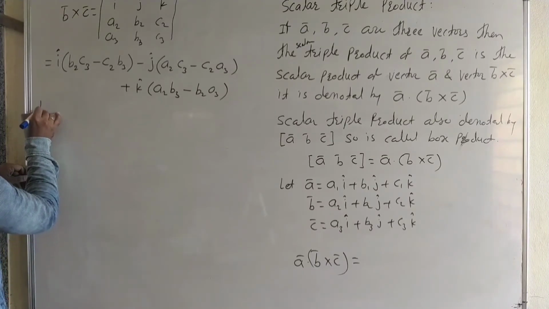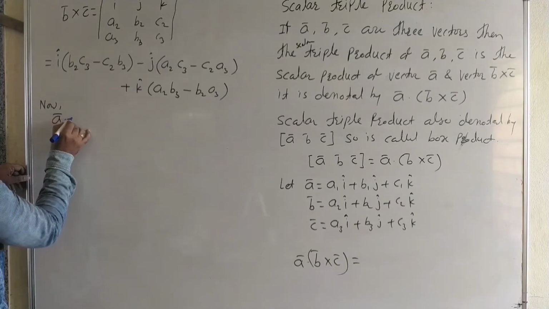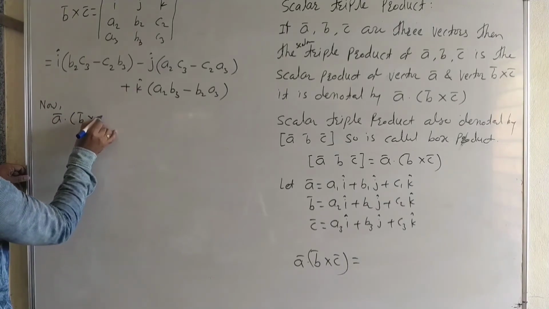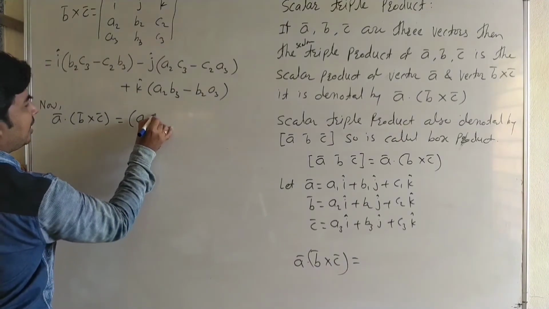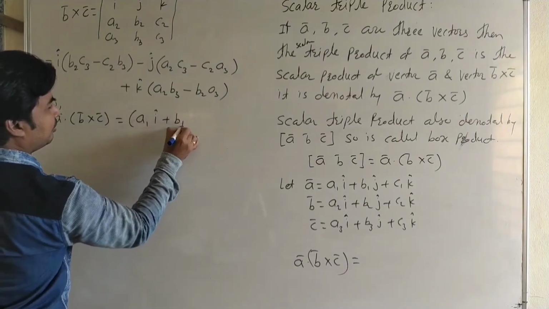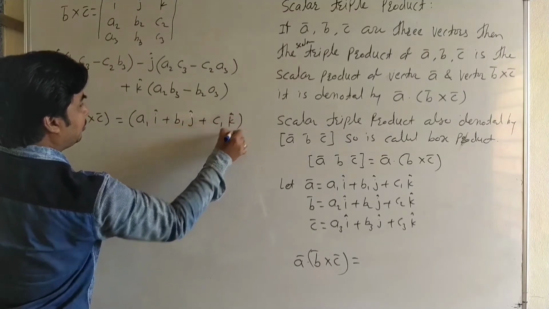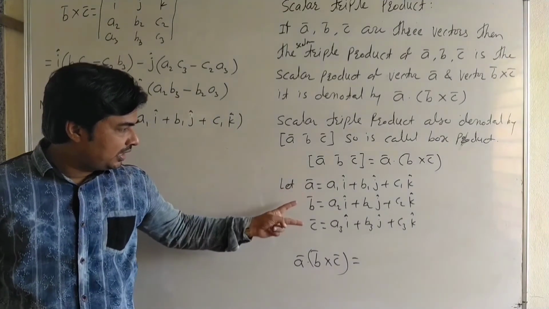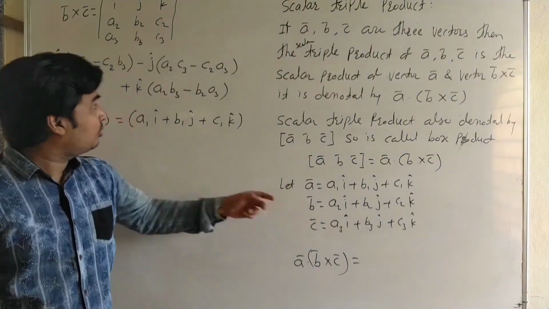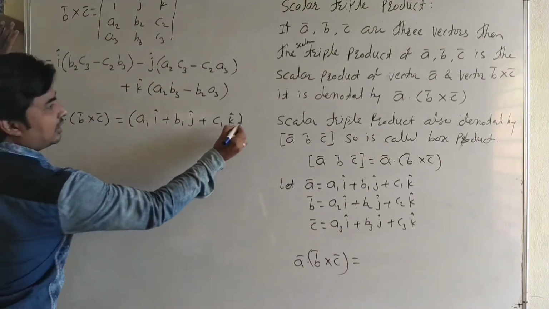Now we can find A bar dot B bar cross C bar. A bar is equal to A1 I cap plus B1 J cap plus C1 K cap. We can find the dot product of two vectors. Which vectors? It is A bar and B bar cross C bar, and then B bar cross C bar is this vector. Then this vector is dot